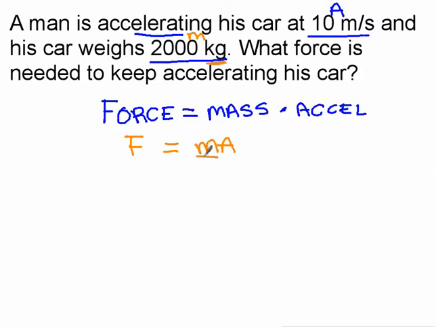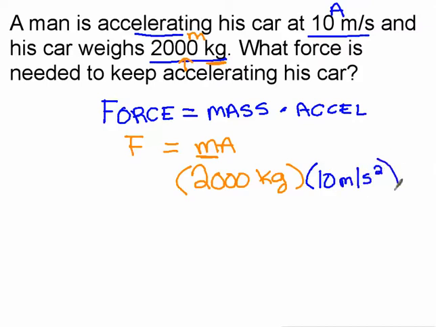So for this weight right here, we're going to put in the 2,000 because we have 2,000 kilograms. And we're going to multiply that by the acceleration, which is 10 meters per second squared. So we're going to put in 10 meters per second squared. And these two things are going to equal the force. So equals, we have 2,000 times 10. Since it's a times-10 problem, we just count the number of zeros. 1, 2, 3, 4 zeros, and 2 times